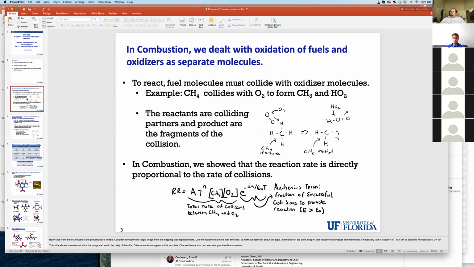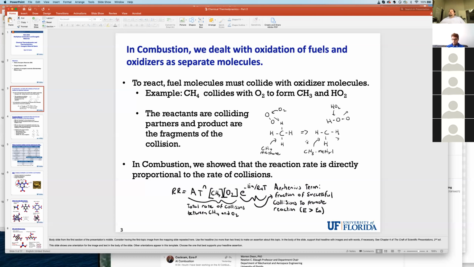Okay, and so in combustion, and even later in this class, we dealt with the oxidation of fuels and oxidizers as separate molecules. So to react, fuel molecules must physically collide with oxidizer molecules. So for an example here, we have a CH4 molecule and we have an oxygen molecule, and at the molecular level they are going to collide. What happens in this case is the O2 molecule crashes into this one H atom here, and basically knocks it off and combines with that H atom to form HO2,